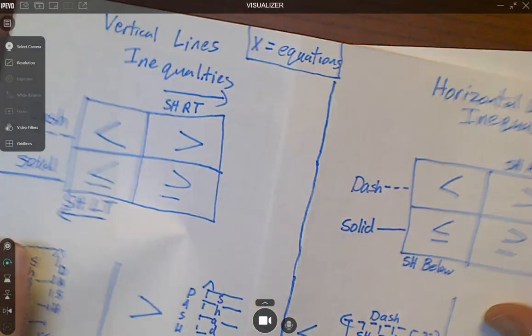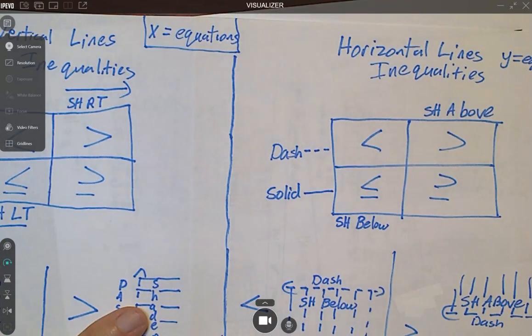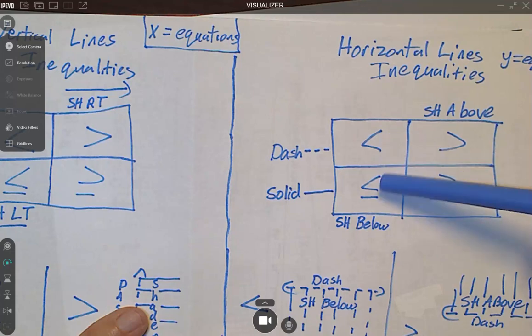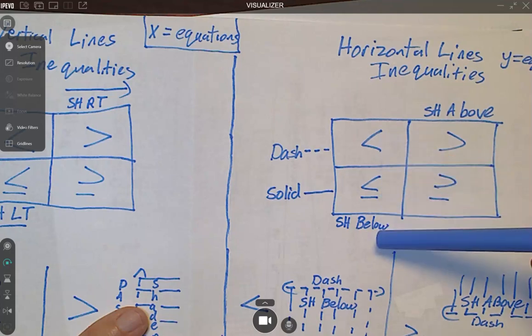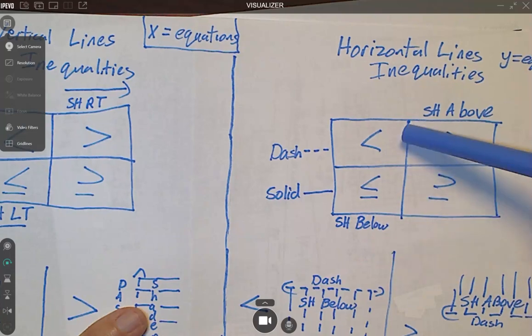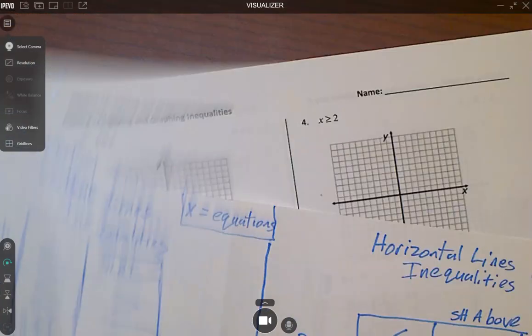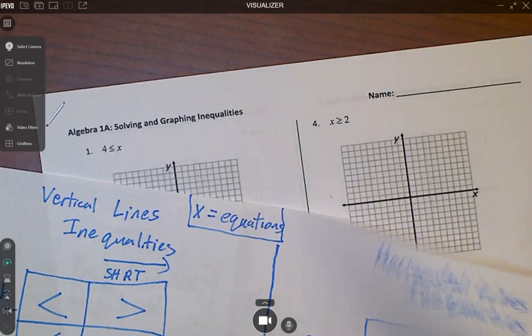And horizontal lines, the dash and solid thing's the same, but think about shade where less than, where the values are less than the horizontal line, you shade below it, and then you shade above it. So I made you that for this. Okay, so